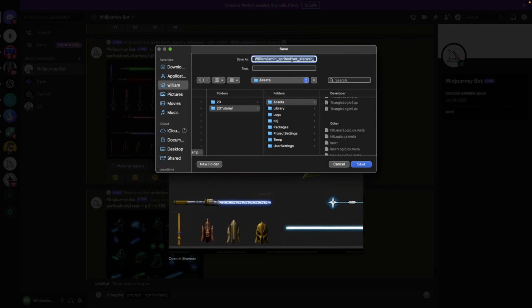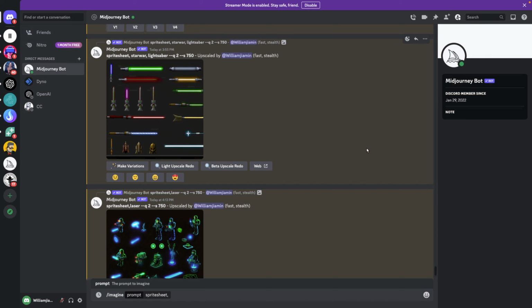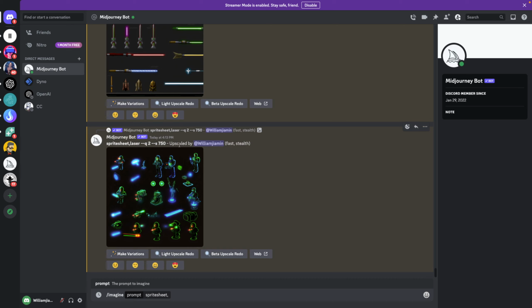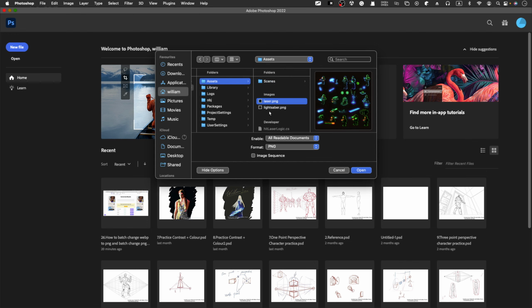Lightsaber and PNG. Don't forget to add it. I think I just forgot to add PNG, but don't worry, I'm going to add it later on. I just want to show you guys one or two workflows, sort of like a pipeline of the workflow. Alright, so after you have saved it in the asset, and we got laser, we got lightsaber,